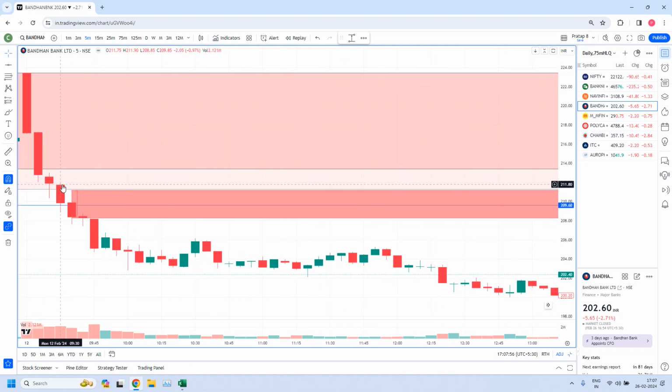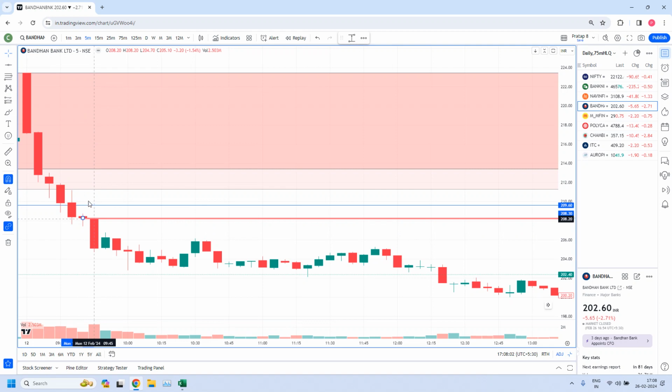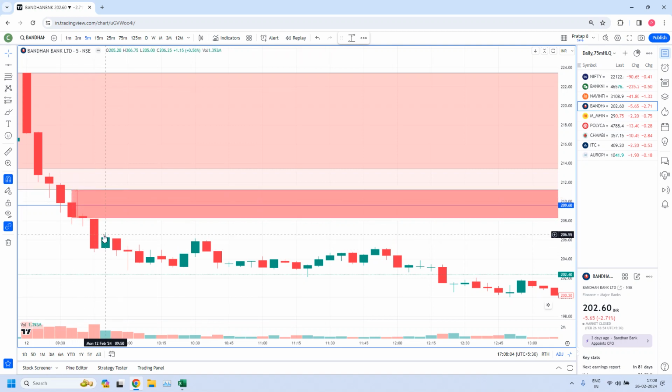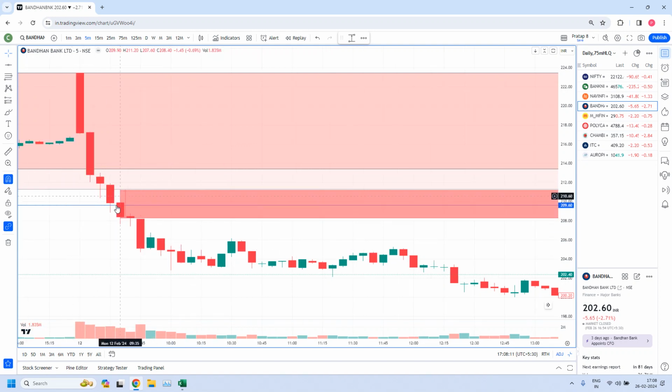See here, we have a medium size leg candle and 2 base candles. Now you will understand. So we have drawn a zone like this, and then we have a drop candle. Drop, two base candles and drop. Exactly in the EMA area, we have